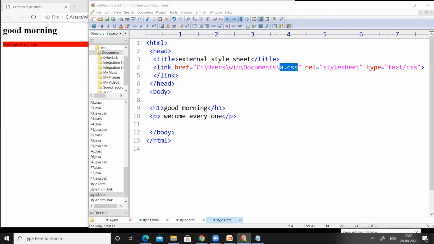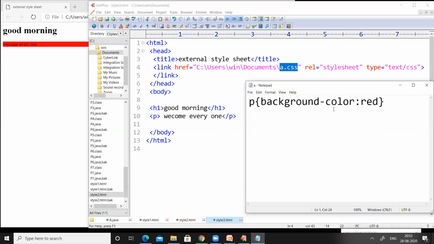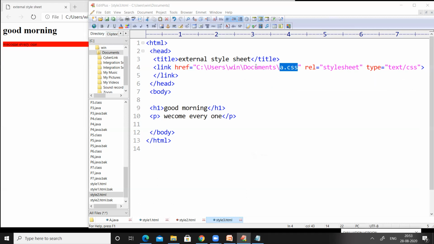For this particular P tag, we have written the background color as red in CSS file, and we have linked the CSS file in head section. So whenever we use P tag, the text will be in black color, but the background for this text will be in red color.